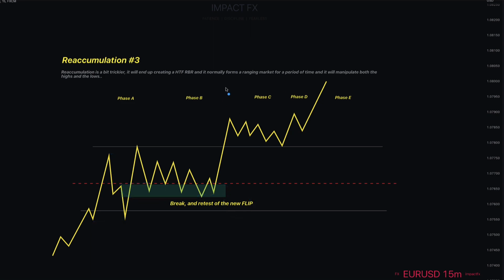So I'm not going to spend a ton of time on these reaccumulation phases because, quite frankly, they're very similar to an accumulation. The trickier part about reaccumulations is the first two sometimes look like a distribution because these are happening, folks, inside of a higher time frame supply. So they're actually reaccumulating